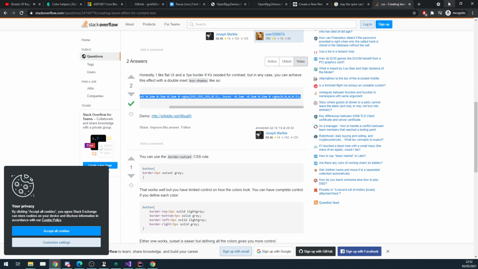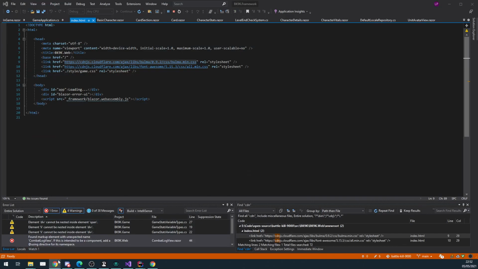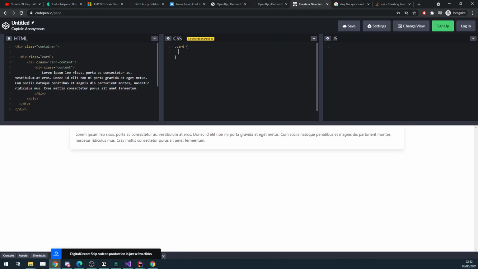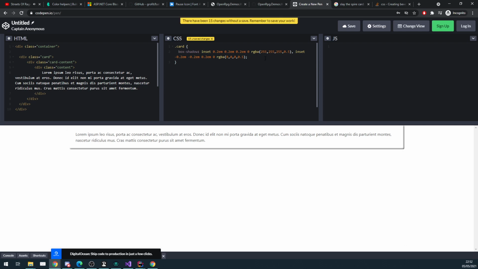Look at that perfection. And as we can see, this is how real developers operate. We don't think for ourselves. We just copy and paste from Stack Overflow. As one of my friends used to say, if it's not on Stack Overflow, it's not a problem worth solving. That's not entirely true, but...